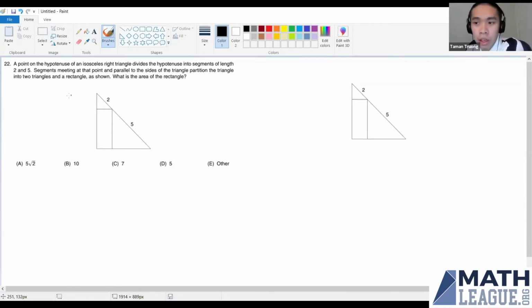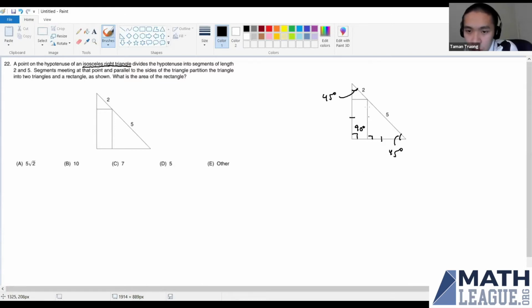So the most important thing we're given in order to do this problem fast is the fact that we're given a big isosceles right triangle, which means that this right triangle has a 90-degree angle. And since it's isosceles, these two sides are equivalent, meaning that these two angles are equivalent. And so since a triangle has the total angle measure of 180 degrees, and this one's 90 degrees, these two must be 45 degrees.